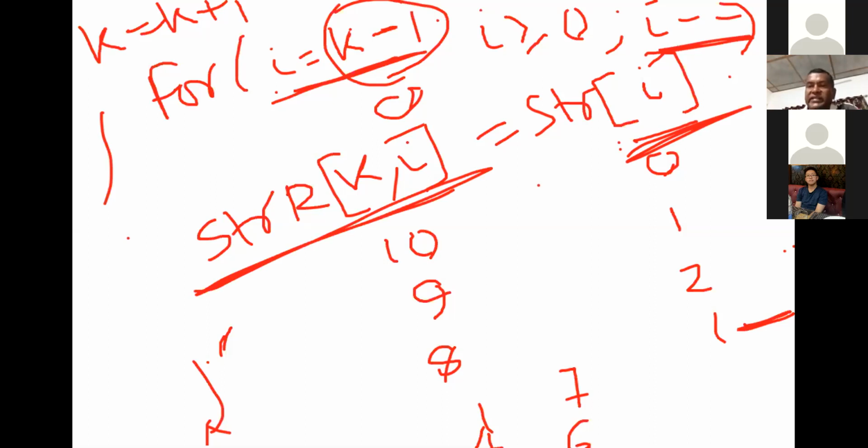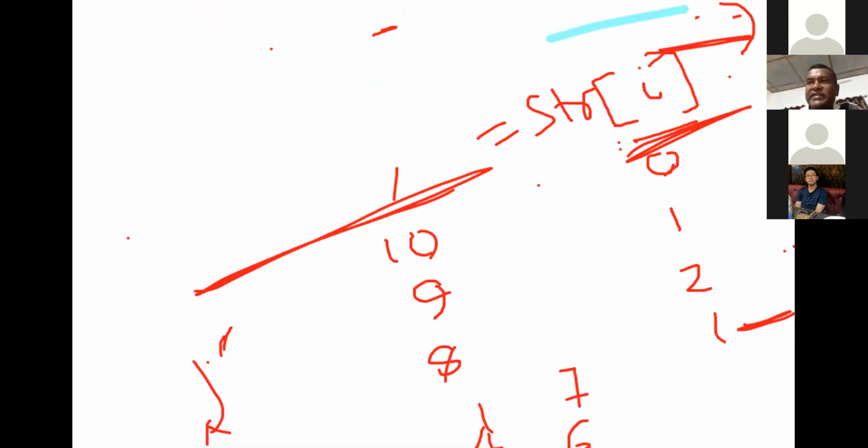Now my question is, if I want to find the string length without using strlen, how to go? Say I have one string, str1.